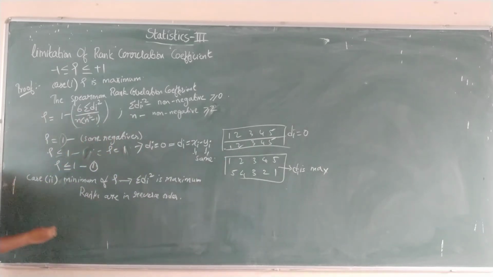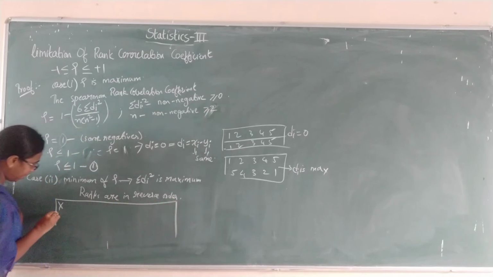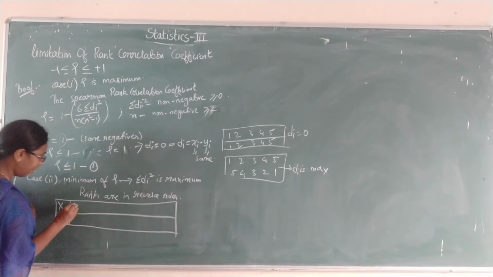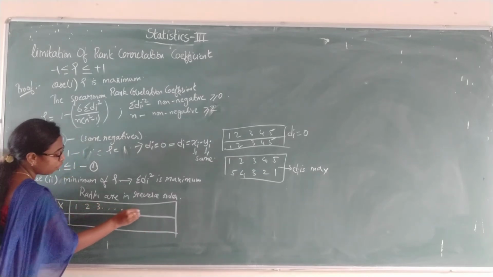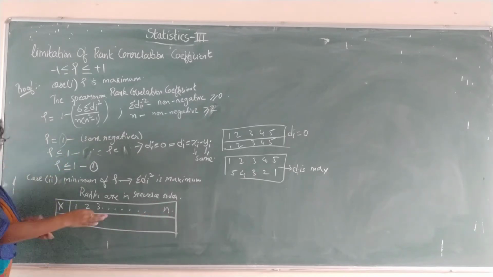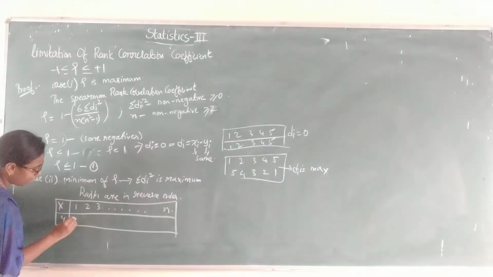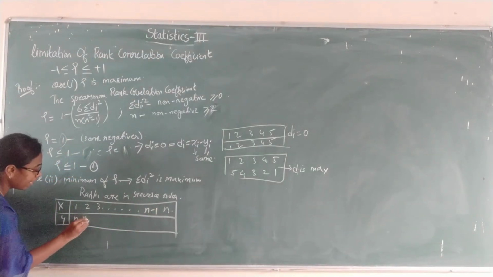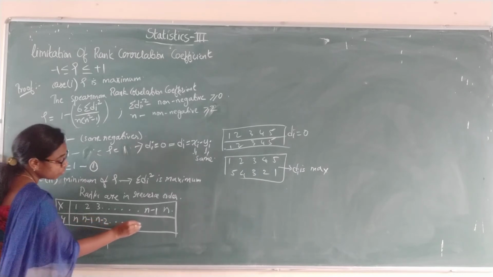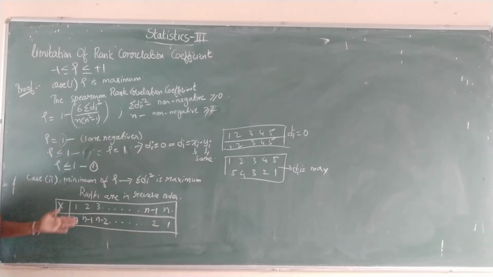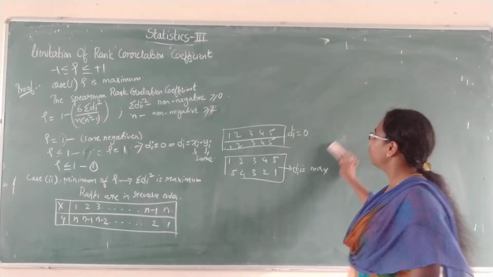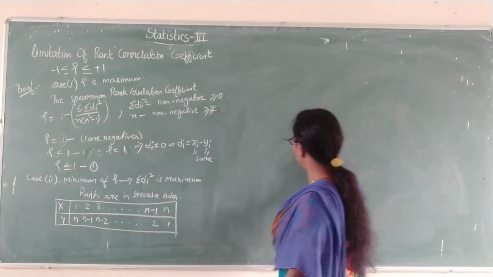Generally we will be considering n ranks, right? For the x variable, you have n ranks. There I took 5 for example. Like that, if you have n values, that is n ranks, 1, 2, 3, and so on up to n. The reverse order of the ranks means how we will write it: the last value is n, before that value you will have n minus 1, so here you write n minus 1, n minus 2, and so on to 1. So this is the reverse order of the ranks. By using this reverse order case only, we are going to find the minimum value for this rho.